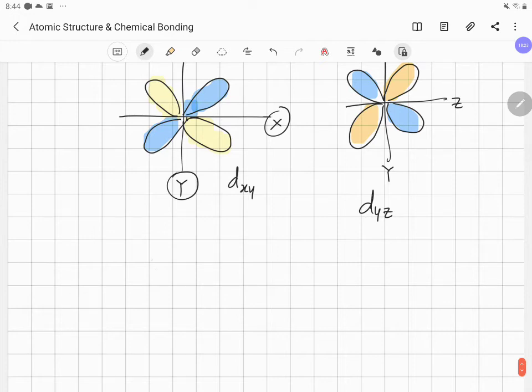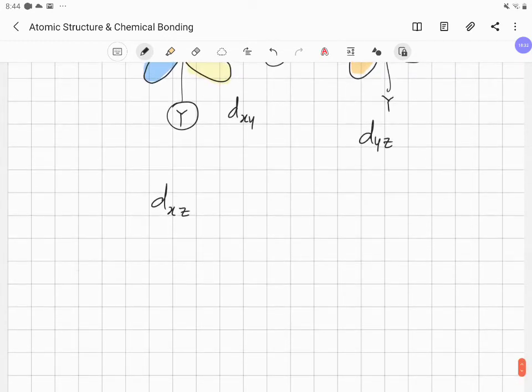Similarly, you can see that there is one more orbital, the dxz orbital, in which the lobes are in between the x and z axis. So there are 3 d orbitals of similar kind: the dxz, the dyz, and the dxy, right? And there are 2 more d orbitals, which are the dx square minus y square and dz